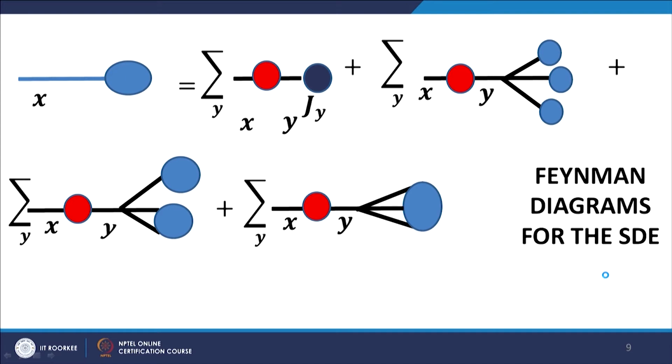In other words, it could further encounter the same situation that the field entering at the point x had encountered. It could again propagate to another space time point and then encounter a source there, or it may encounter more 4 point vertices and so on. Each of these 3 outgoing lines, emerging from the 4 point vertex, could lead to any of these situations.